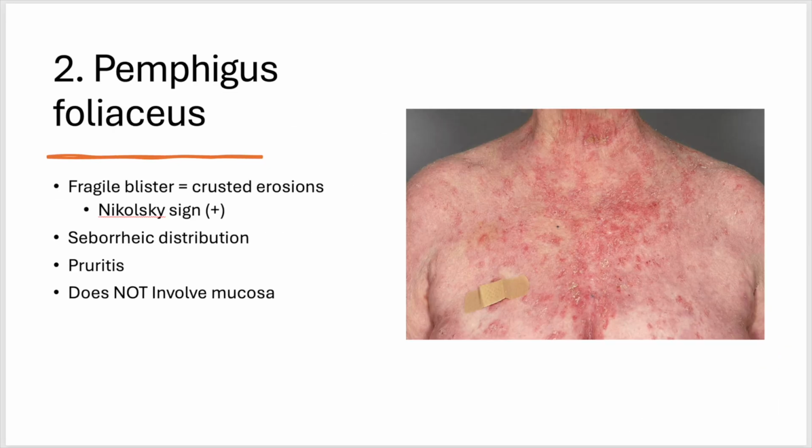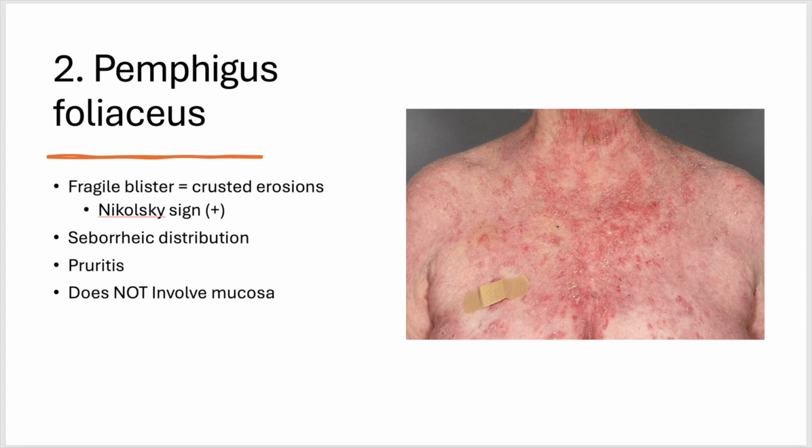Next up is pemphigus foliaceus, which you can think of as a more superficial cousin of pemphigus vulgaris. This disorder affects the upper layer of the epidermis, so the blisters are really fragile. They tend to rupture quickly and leave behind just crusted erosions. That is often what you see clinically. You will also get a positive Nikolsky sign since the keratinocytes in the upper epidermis are loosely connected and shear